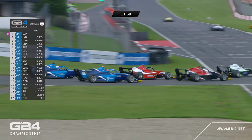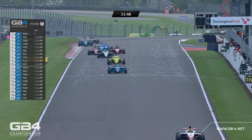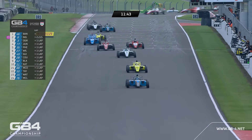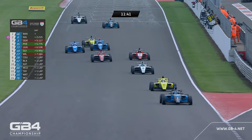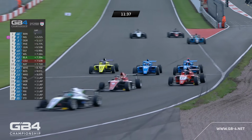Ginchard trying around the outside of the last corner. I think he's going to get that one done. He has. What a move. Brilliant move there from Dan Ginchard to take 6th position away from Leon Wilson. We're seeing the top 3 drivers in this championship prove their worth when it comes to their search for the